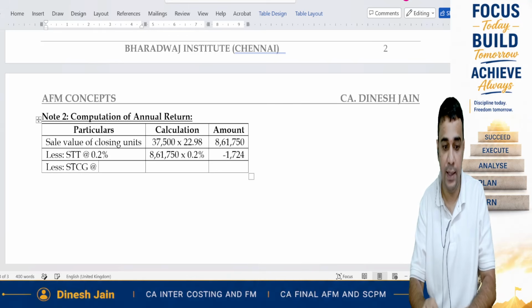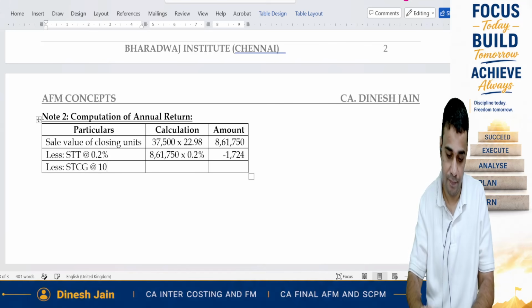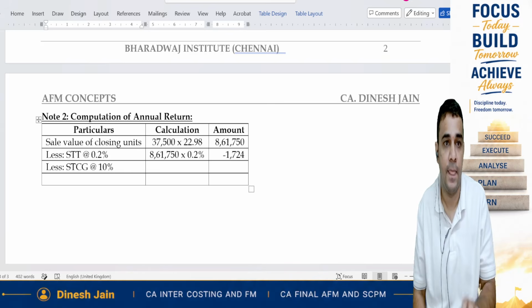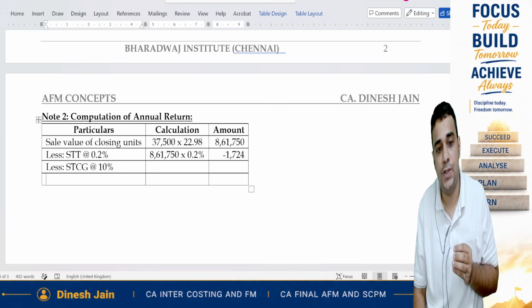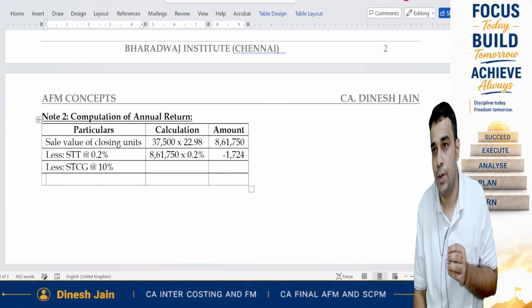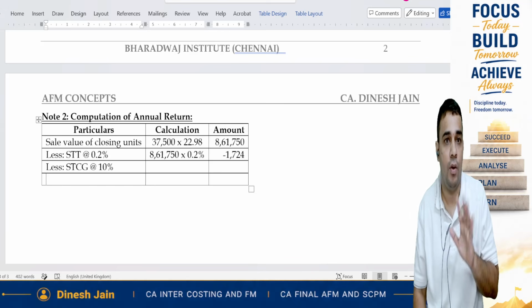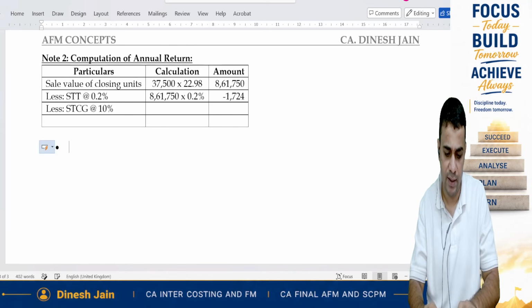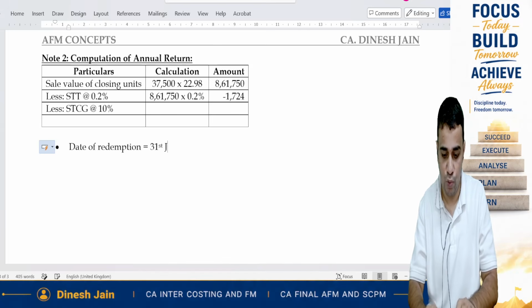Short-term capital gain, what is the tax rate? STCG at 10%. Clear? Okay. Now you need not write this, but keep participating. When are we redeeming? Date of redemption? 1st July